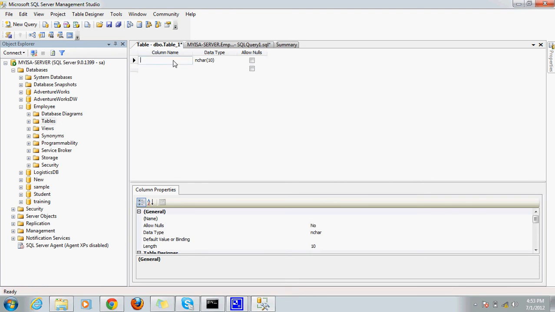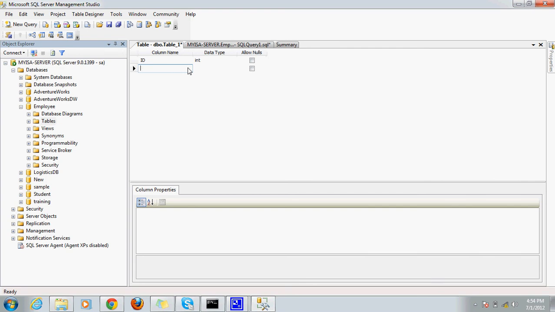First of all, I want an employee ID which should be of integer type. If you want to see the list of data types available in SQL Server, so many data types are available, but as we use the data types, I will let you know how these types are relevant to us, or how you would be able to use them in your application.